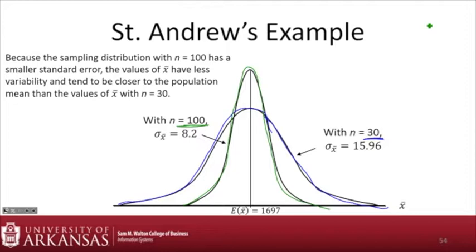So now, instead of having my data all spread out, because remember the goal here with sampling is to get closer and closer to my true population mean. Okay, 1697 is what I have. If I get all 900, I've got a 1697. Well, when I start out, if I'm only sampling 30, I've got a pretty wide range. Now if I sample 100, my range has gotten a little bit smaller. So if I had to approximate, this is just me guessing, if I had an N of 500, what do you think my distribution would look like?